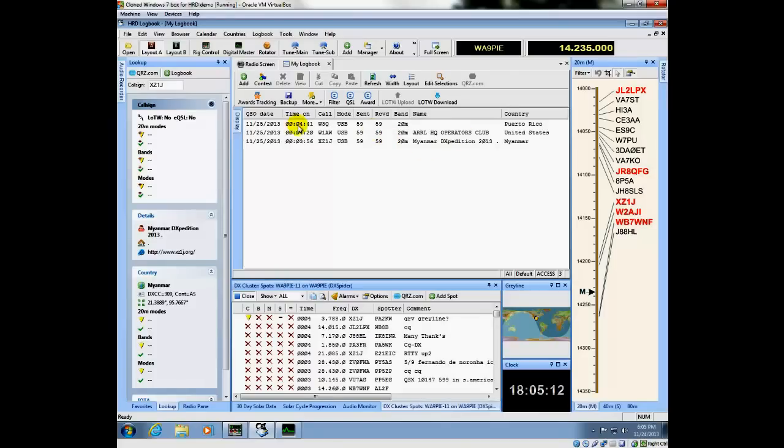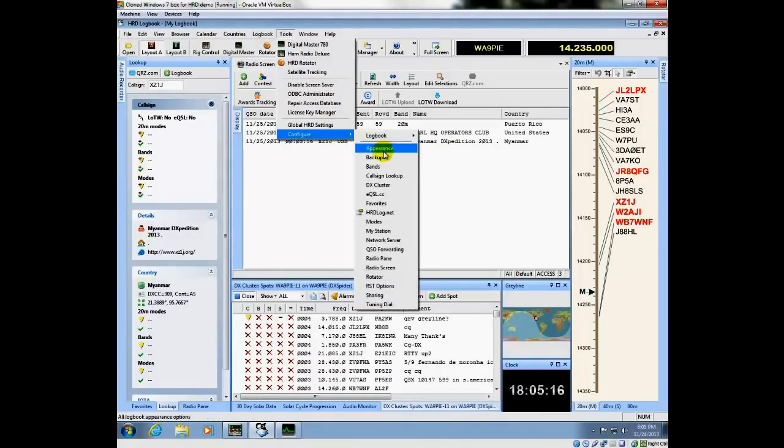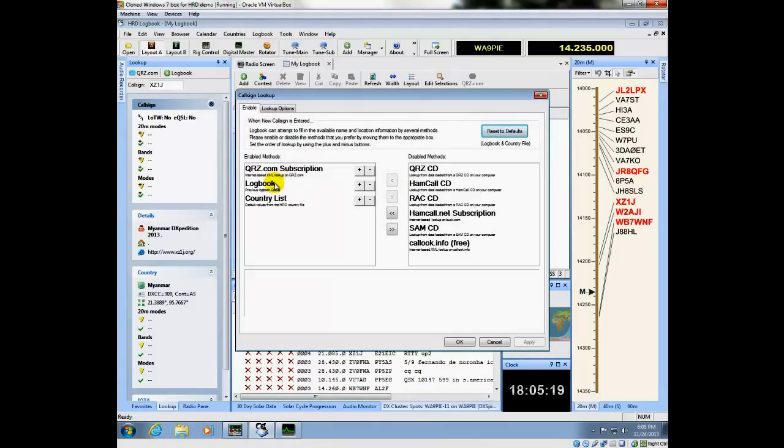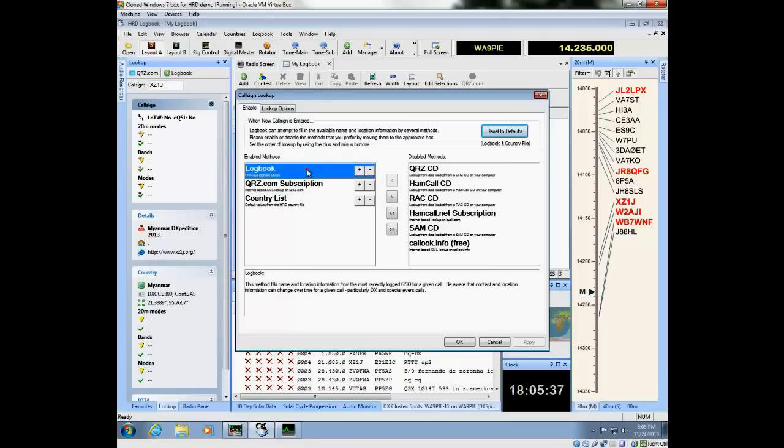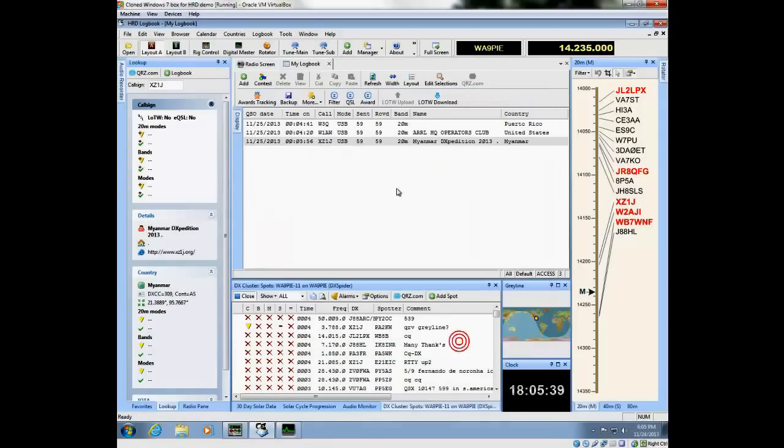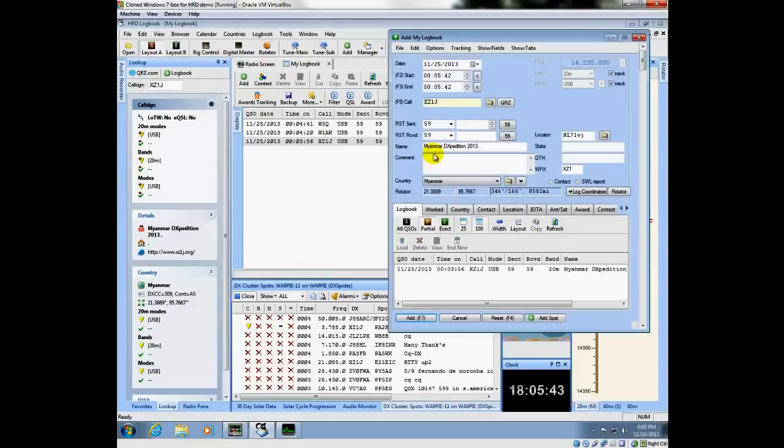One of the things to understand about the call sign lookup is that because I have used the call sign lookup as one of the logbook lookups, I'll be able to reuse that information. I'm going to just go ahead and put it up at the top. That way, when I want to work at that station again, and I put in